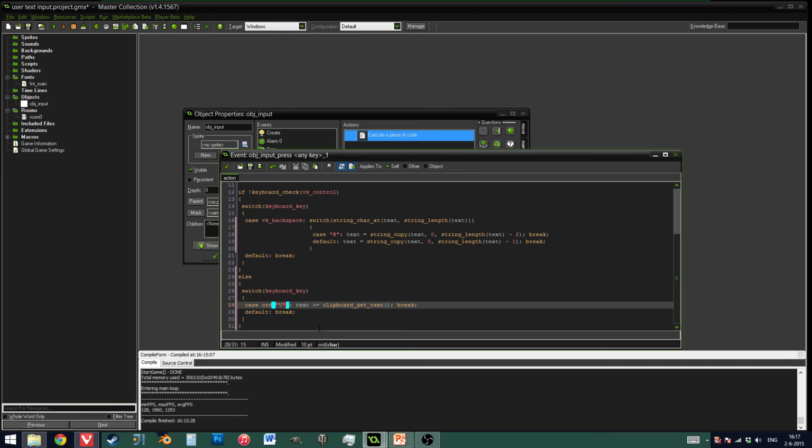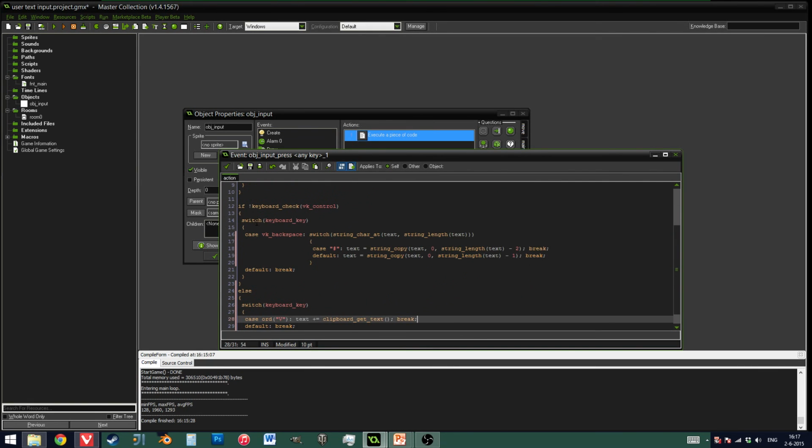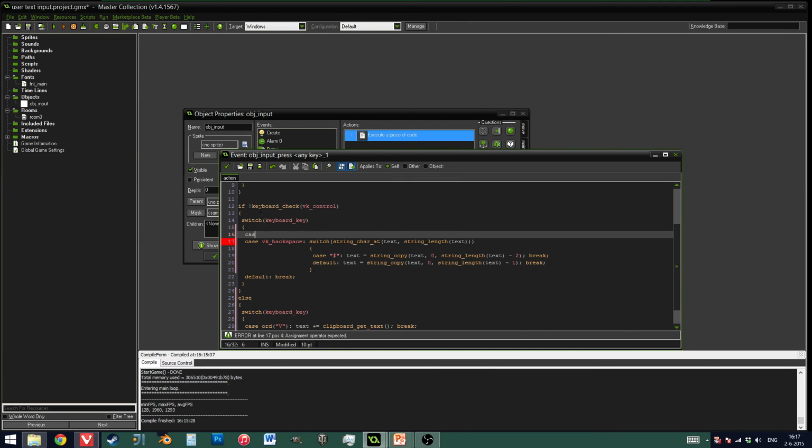So here you could add some other stuff. You could say if he puts Control E, it does something. If he does Control T, something else happens. You name it. You could put anything you like. So you could just put in your case. I'm just gonna demonstrate this over here by adding a new line. I could do case vk underscore enter. Then I could just do text plus is equal to this, the pound sign. And now,